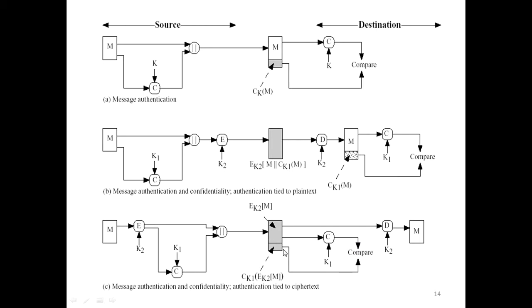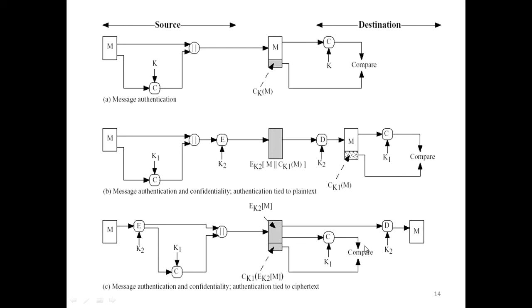Okay, what is the first case in this one? Simply take the ciphertext and decrypt it using K2. You will get the plain text. Just keep it aside. Then take the ciphertext and apply the MAC algorithm, where C is the MAC algorithm, using this K1. You will get a new MAC code here. The already received MAC code is there. The received MAC code and the new MAC code you can compare. If it is the same, then authentication is a success.